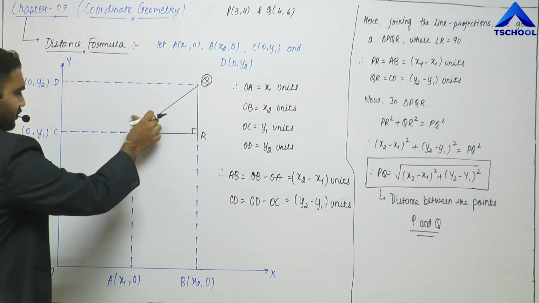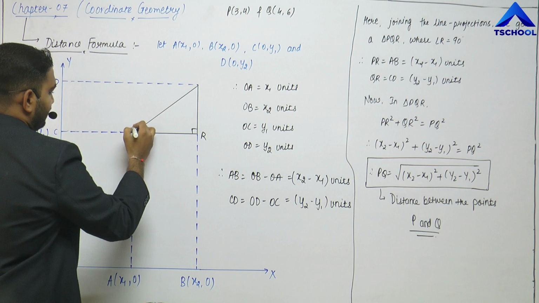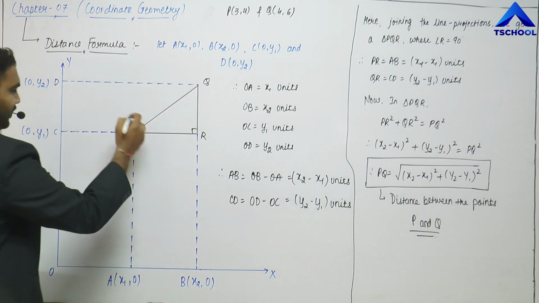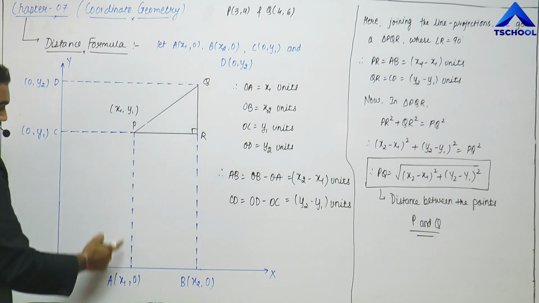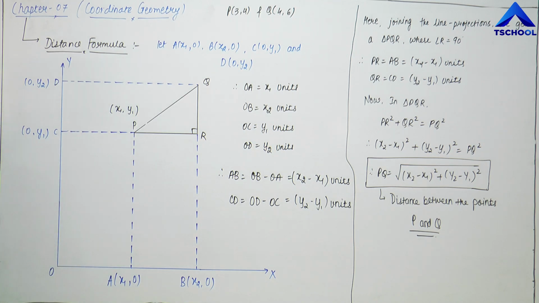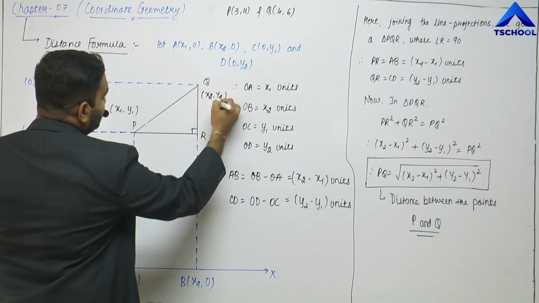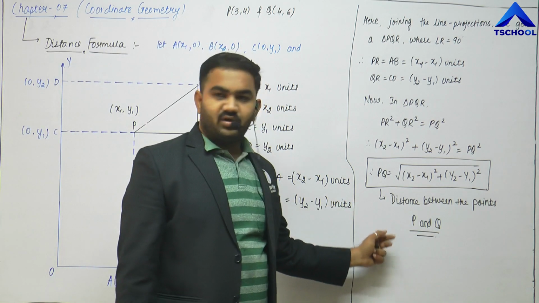Yes, we can simply find out by the topic that we started with in the introduction in this video, that P and Q have coordinates. What are the coordinates of P? P will have coordinates x1 comma y1. See, where is P intersecting the positive x-axis? At x1 comma 0. Where is P intersecting the positive y-axis? At 0 comma y1. So combining both, we get the coordinates of P as x1, y1, and similarly we get the coordinates of Q as x2 comma y2. Yes or no?